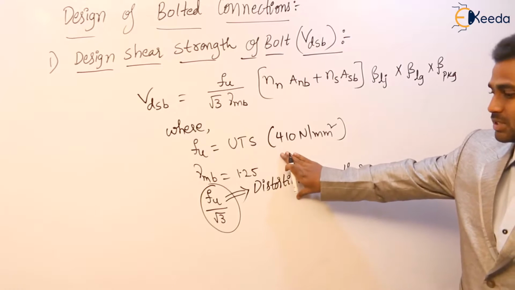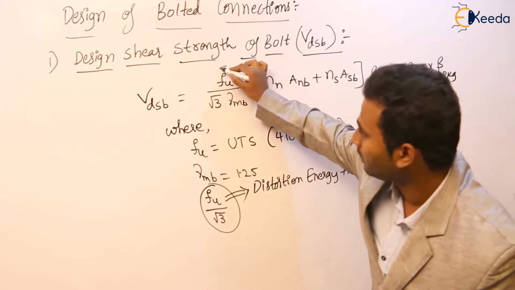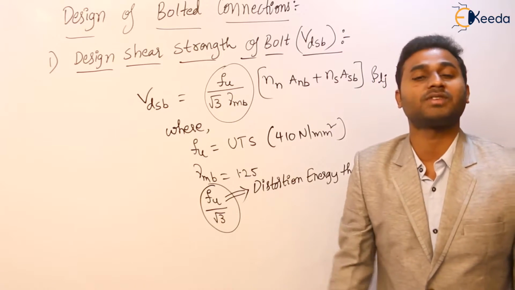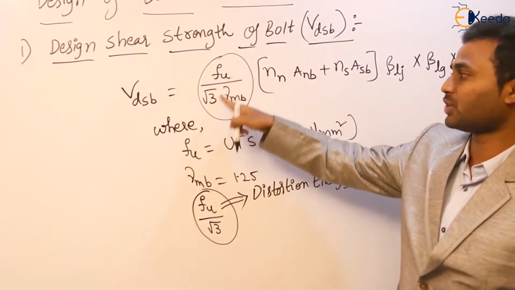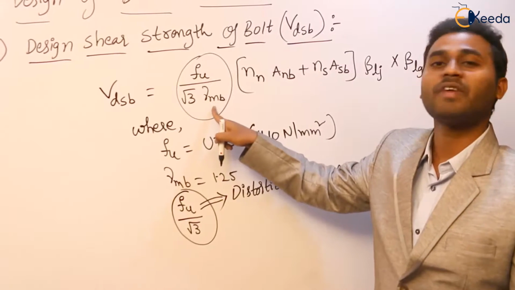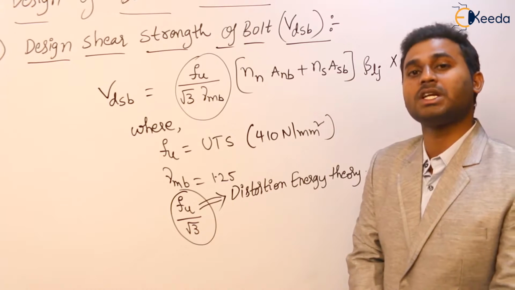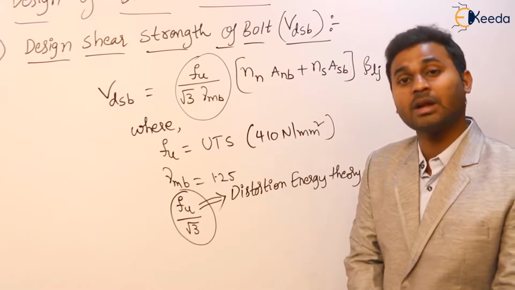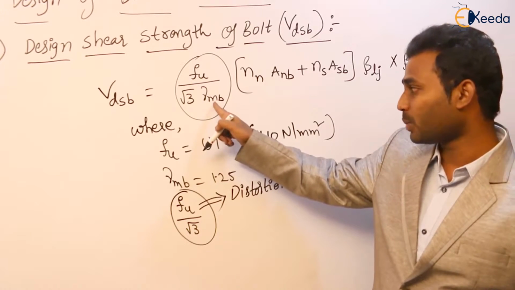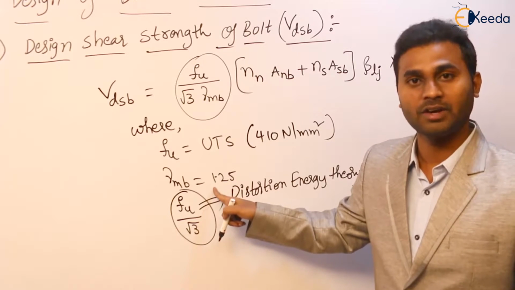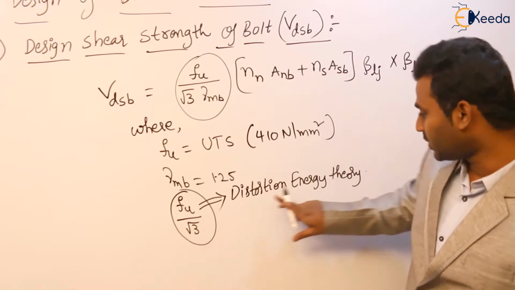Okay, so this is about the stress. As I said, strength is nothing but stress into area. So this is the stress. Actually, in the place of stress, we have to write permissible stress. So now the code suggests that we take this stress. So Fu, root 3 is a factor we have to consider in shear, and this is a factor of safety. We know what the safety format in limit state is: probable minimum strength and probable maximum load. Yes or no? So we have to decrease it. That is the reason we are going to divide by 1.25. So we are decreasing it, and one more additional factor root 3 we are considering in shear, based on distortion energy theory.